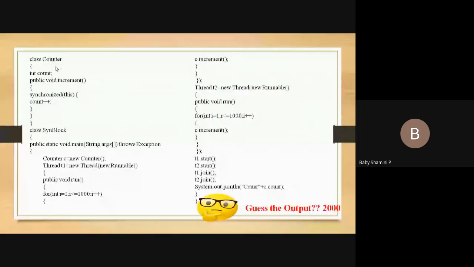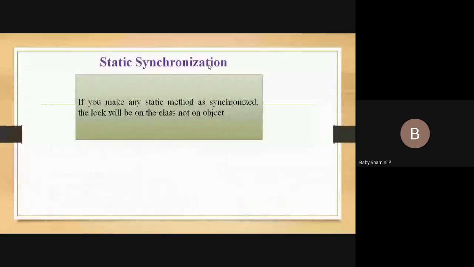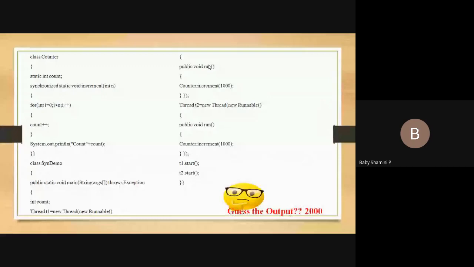Okay, see this previous example. Here we need to create an object for the Counter class, Counter c = new Counter(), and through this object c, I can call the increment method, that is c.increment(). But if you are using static, there is no need to create an object for the particular class. That is the basic definition, already discussed in a lot of the topics.